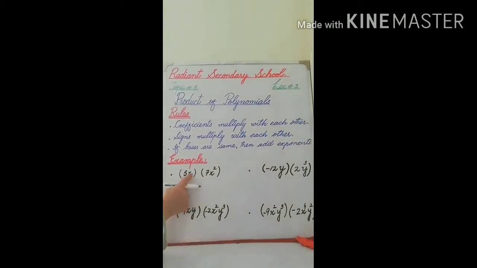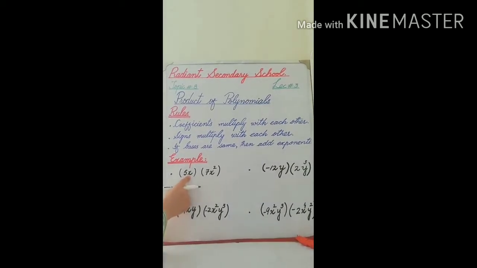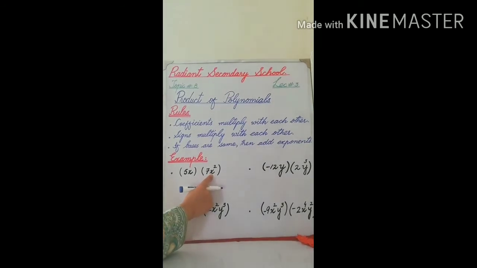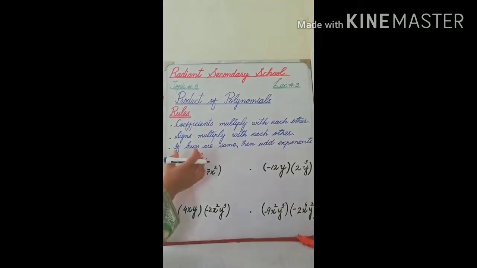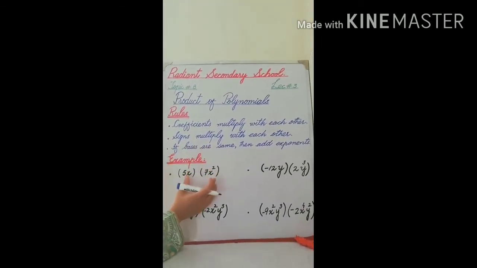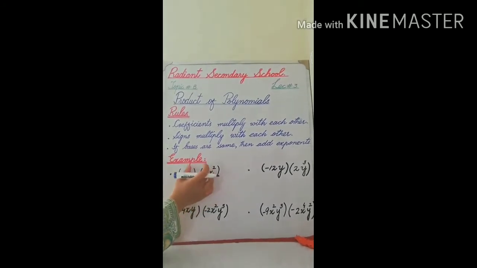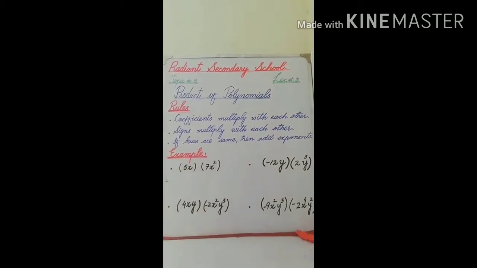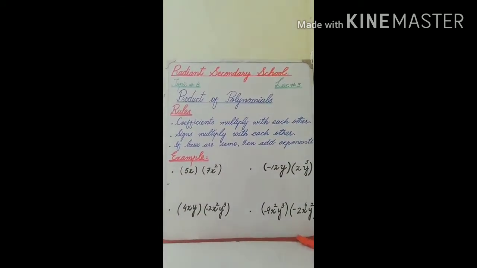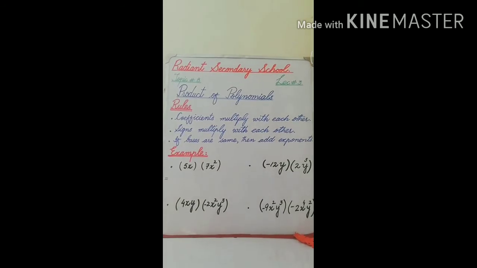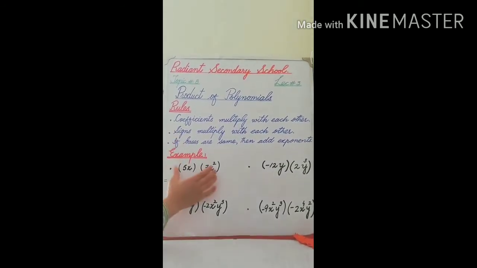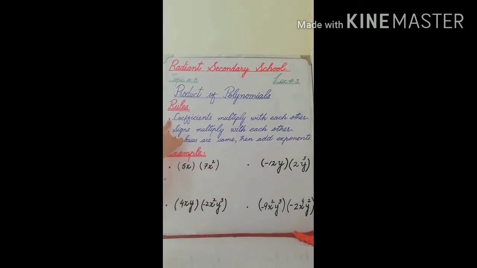In this bracket this is base and its exponent is 1, and in second bracket this is base x and its exponent is 2. So he is saying if bases are same, like x and x both are same, then their exponents will be added. Okay students, now we come on examples, and I solve one example and then the other 3 examples I will solve directly, right? Okay, now again before solving this example we read first rule again.